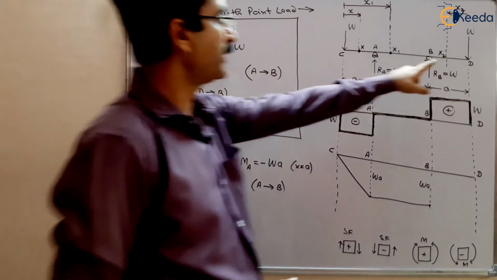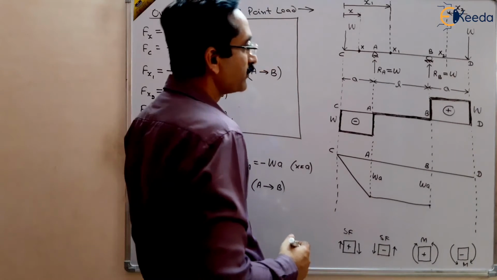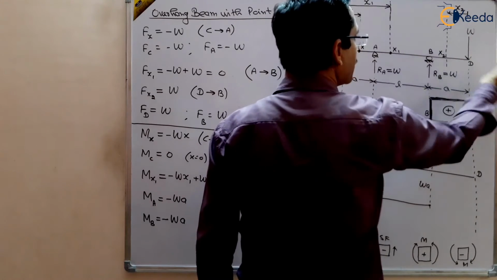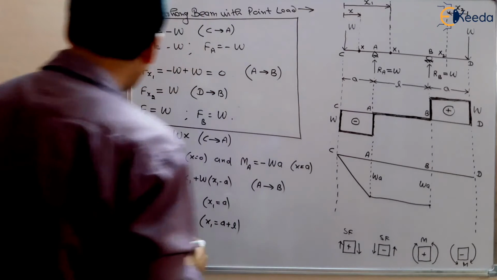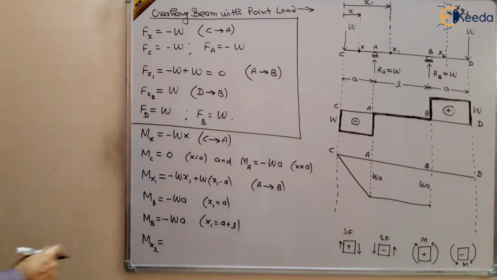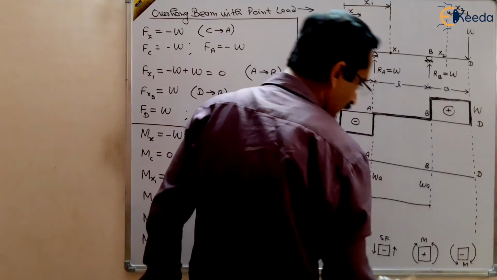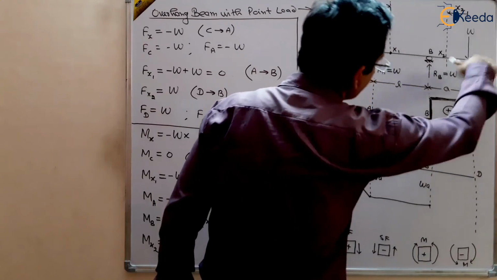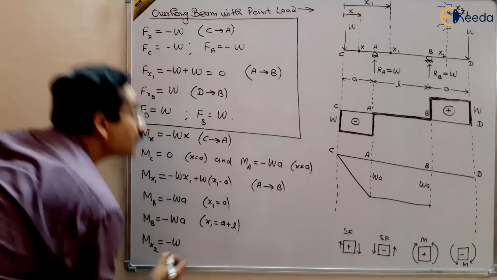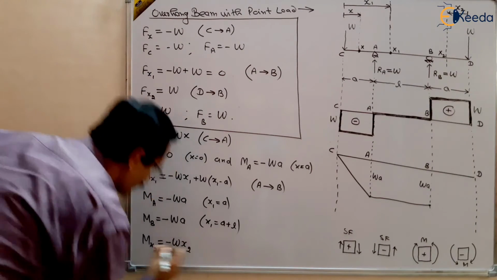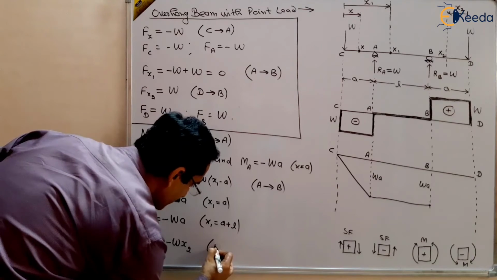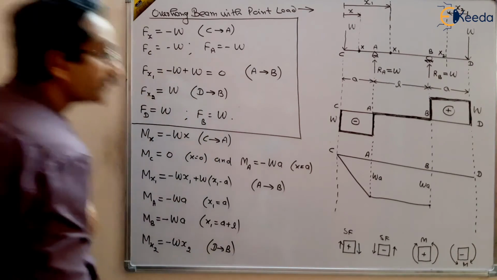But what is the bending moment at point D? For that, what we can do is, we can take another cross section x2 at a distance x2 from the free end, this free end D, right? So what will be the Mx2? That will be equal to, there is only one load in downward direction, and rightward downward is that clockwise moment is negative. So this will be minus W, and we have taken x2. This is the equation, this is valid between B to D, for this part.